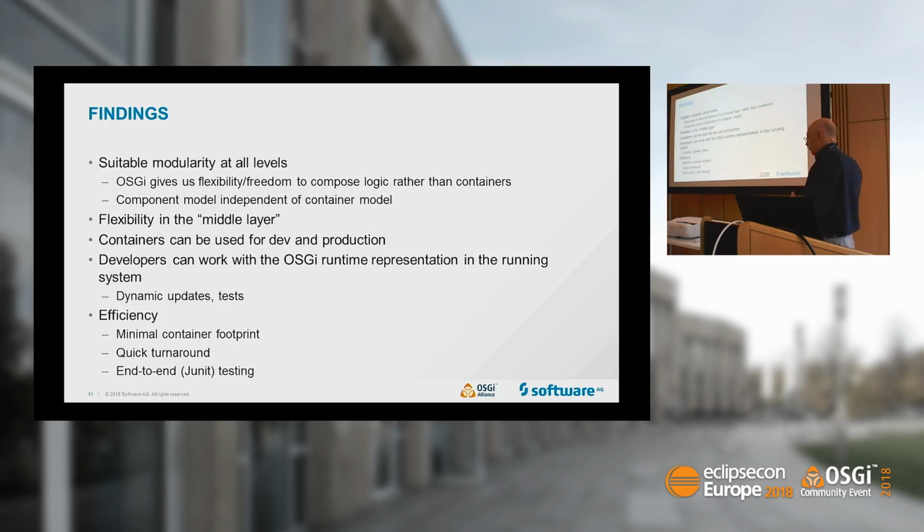And then I have a certain flexibility in the middle layer by composing these into features that I use for provisioning the systems, the containers. And as I already mentioned, these containers that I've constructed, in principle, I can use for production. So I don't have to have an extra step to devise production quality containers. And then the additional goodness that OSGi gives me is that I can do very much with the OSGi in the running system, because of the flexibility of being able to provision new stuff, to inspect the running system, to interact with it.